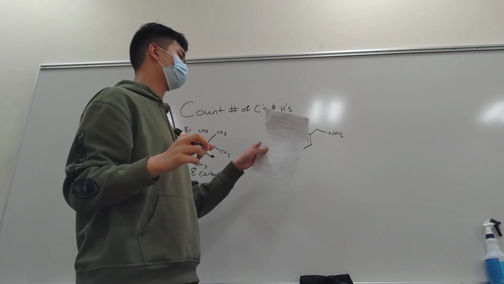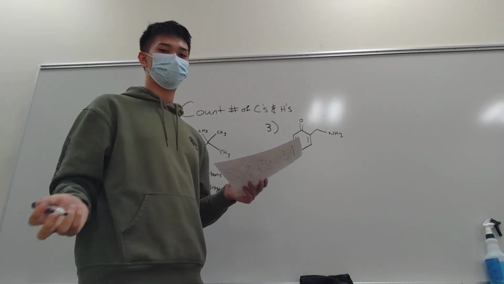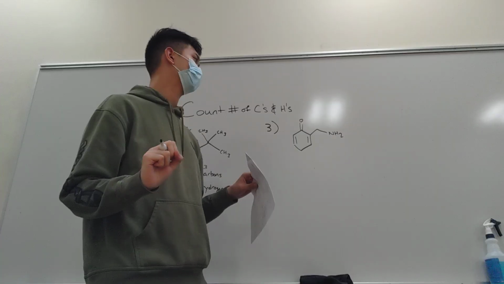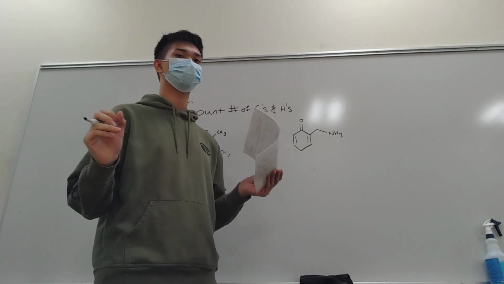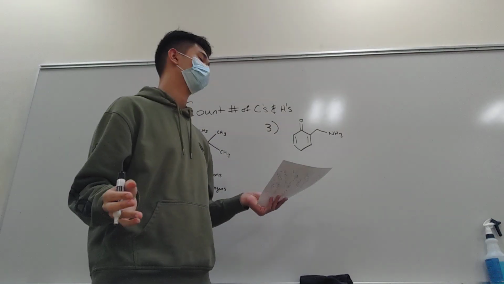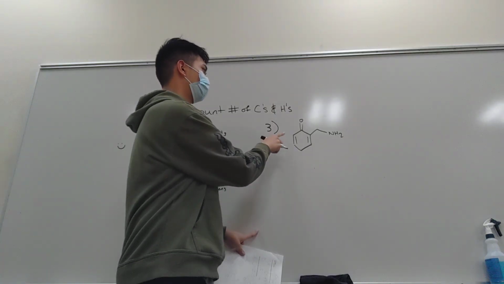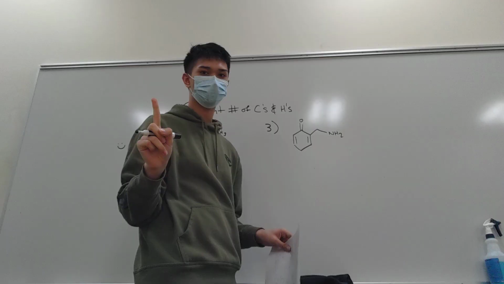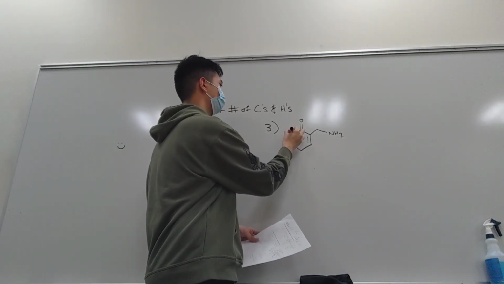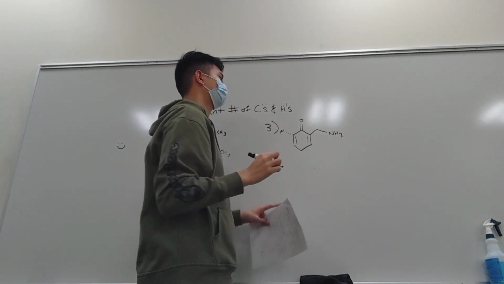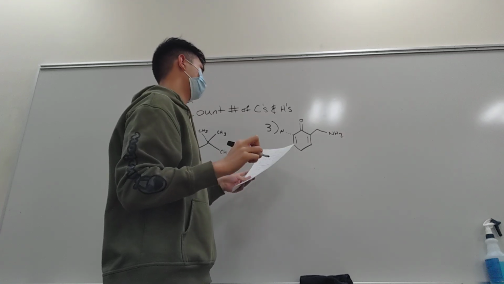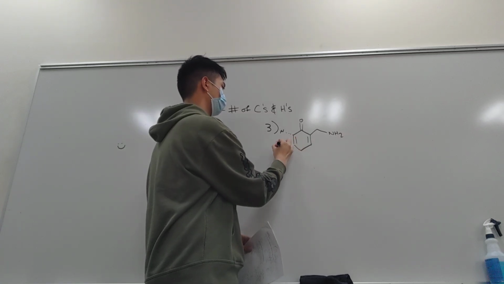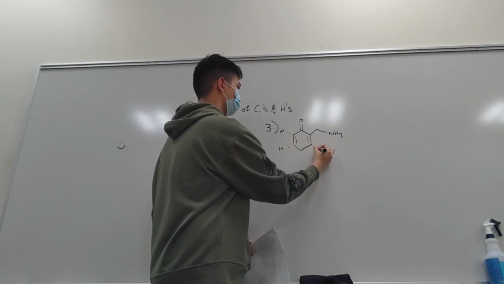This third one, again, each bend and terminus counts as one carbon, with the other bonds implied as hydrogens. So this carbon has 1, 2, 3 bonds and needs one more to complete its octet. And so we imply that another hydrogen is right there, counting it as one hydrogen with one carbon. If we do that on the rest of these